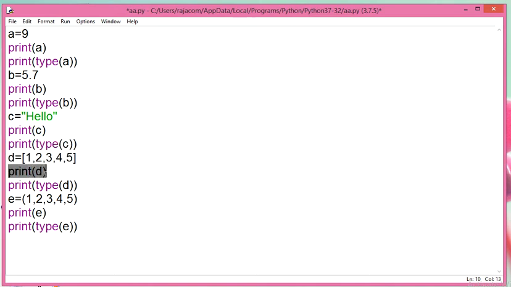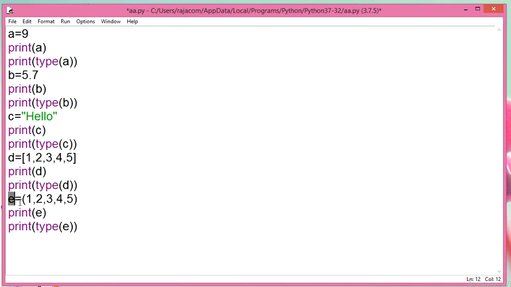Another variable D stores 1 2 3 4 5 as a list, because the square bracket is there. So print D will print all the elements of D, and type D will print class list.